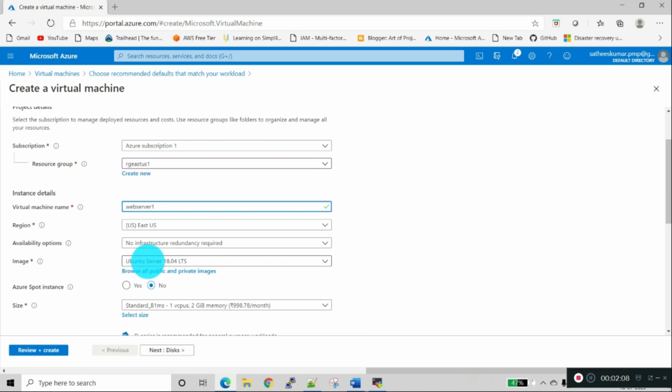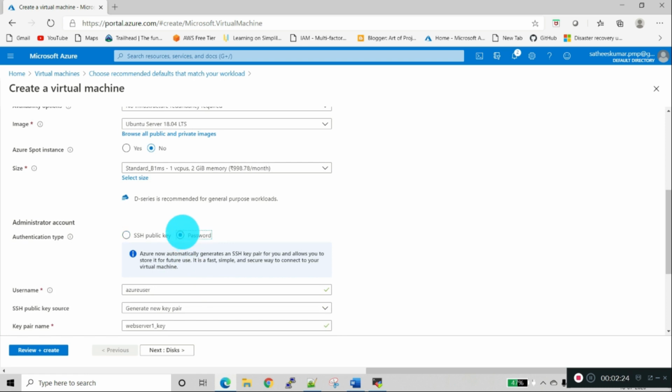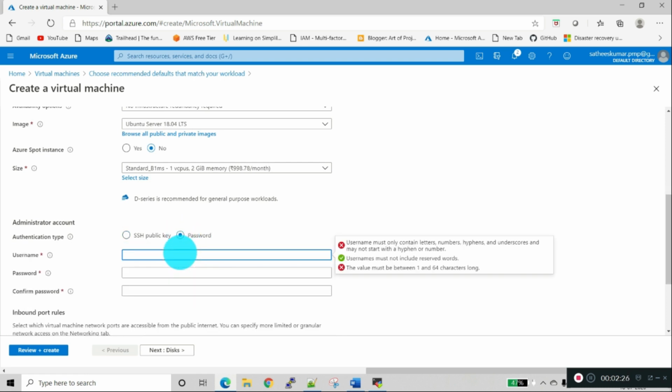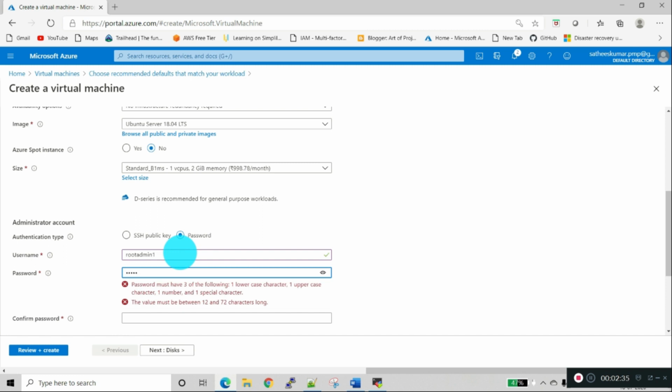So we have selected the Ubuntu Linux OS. The size is the small one which I selected, with 1 CPU and 2 GB memory. I am using the password, and I am giving the password.